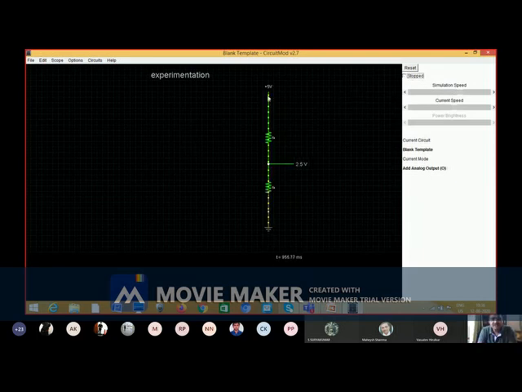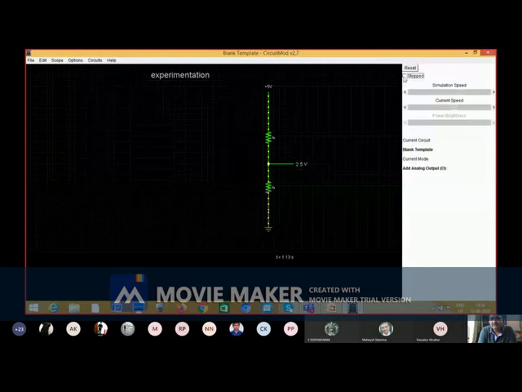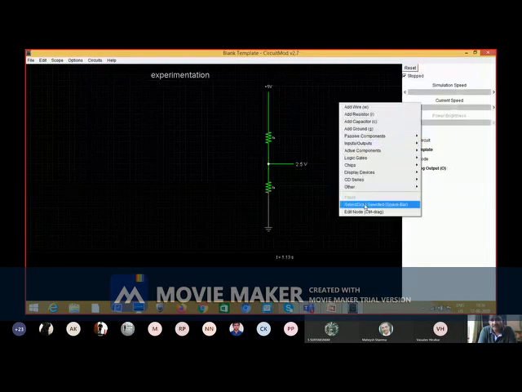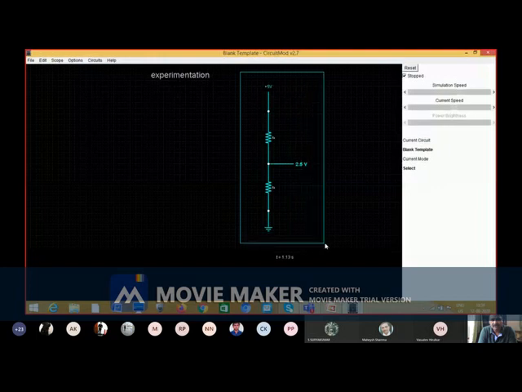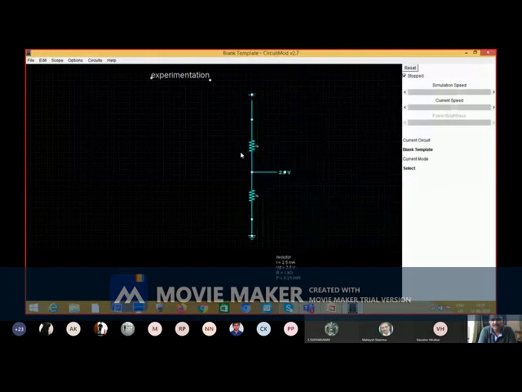So you can see your input is 5 volt and this voltage is 2.5 because your voltage gets equally divided, because the two resistors are the same value. This is 1k upon 2k into 5, it is 2.5. This way you can study a potential divider circuit using Circuit Mod. I will untick this and I will select the whole part and I will move this here.